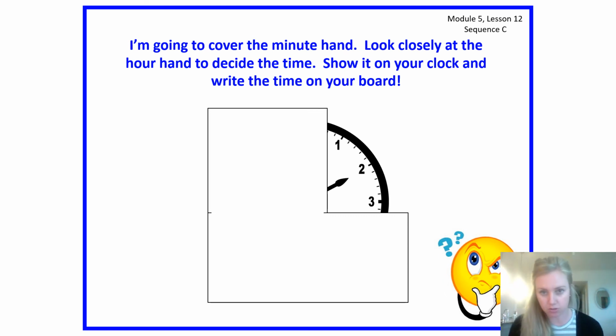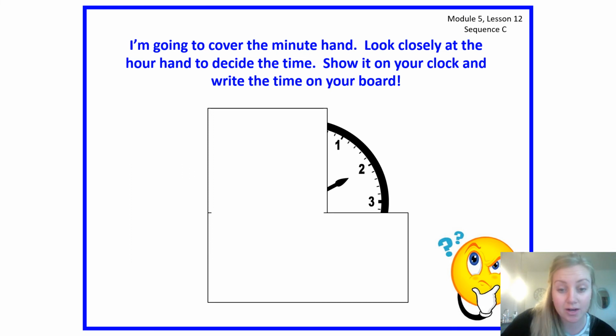So let's look at the first one. We see the hour hand is pointing straight to the 2. If the hour hand is pointing straight to the 2, what time is on this clock? Show it on your clock and write the time on your scratch paper. You have 10 seconds. 10, 9, 8, 7, 6, 5, 4, 3, 2,